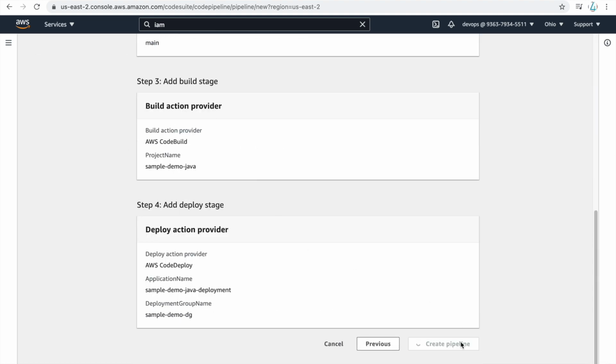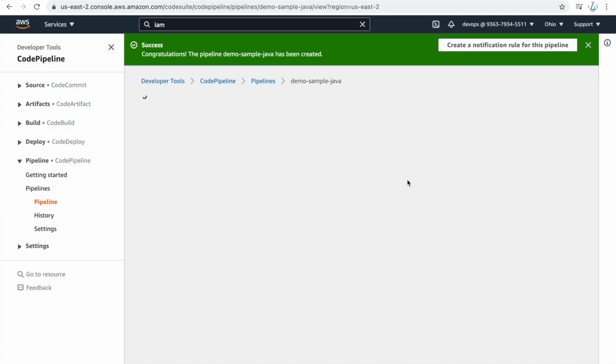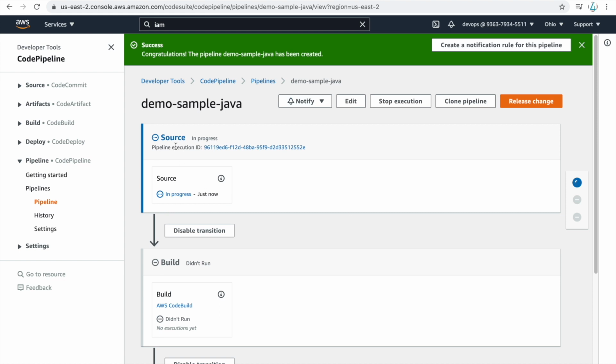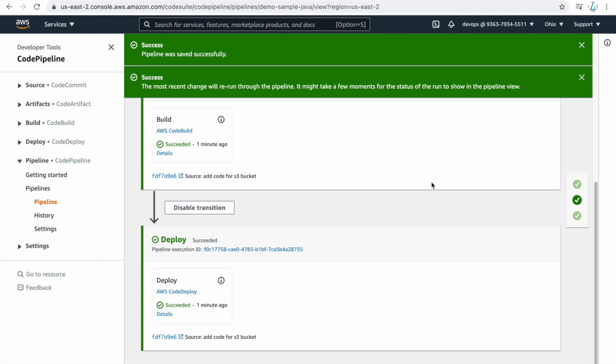As soon as I click on create pipeline, it actually does the build, deployment, everything. And it will take a little bit of time also. So you can see that it has started all those things. Okay, now you can see that my pipeline has succeeded.